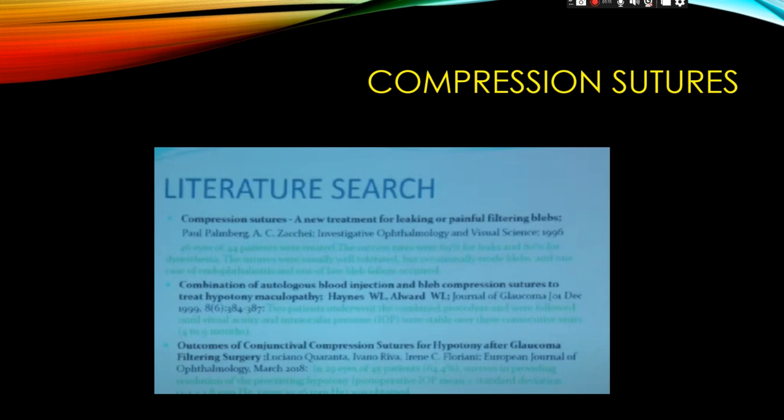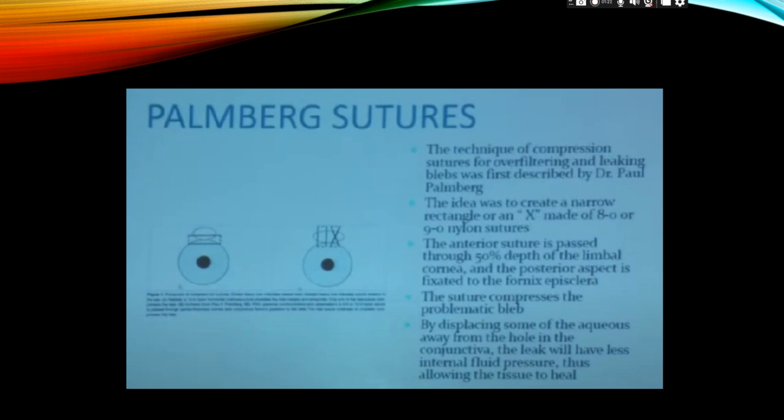A technique for treatment of leaking blebs by compression sutures was first described by Dr. Paul Palmberg in 1996, and subsequently there have been various modifications of this technique. In this technique proposed by Dr. Paul Palmberg,